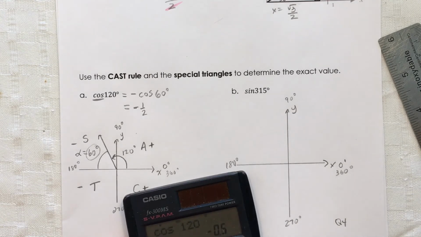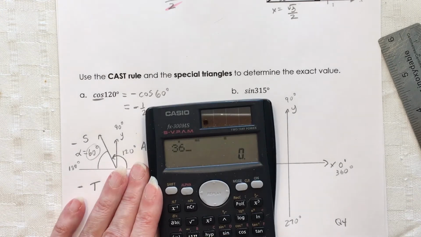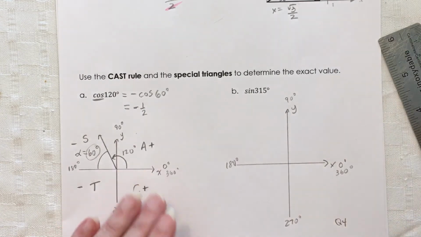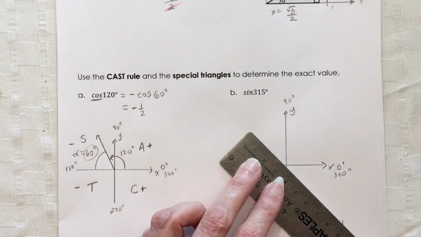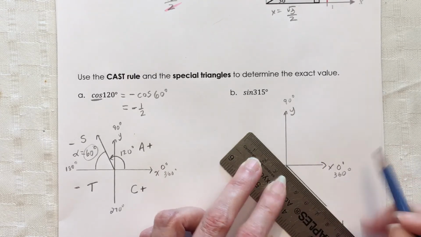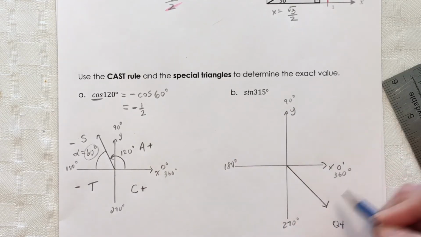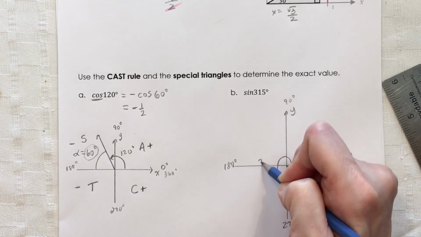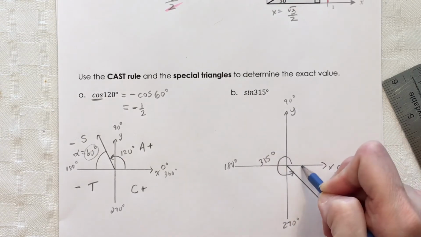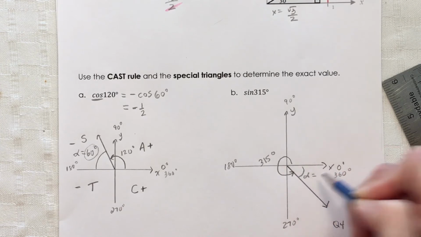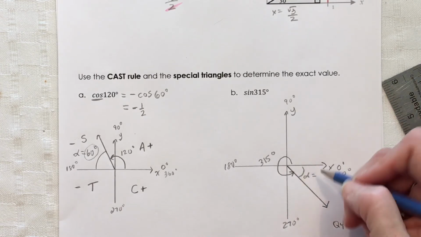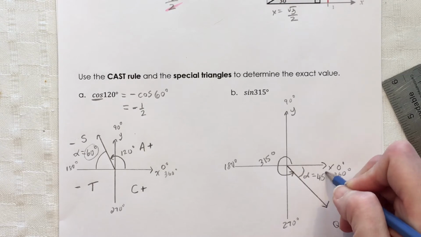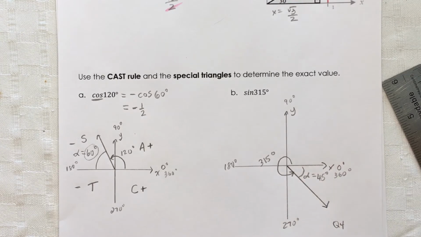And if I do 360 minus 315, I get 45 degrees. So that means it's going to be halfway in here. Let's try to make it look halfway. So this is my 315 degrees. But alpha is the angle between the terminal arm and the x-axis, which is going to be 45 degrees,